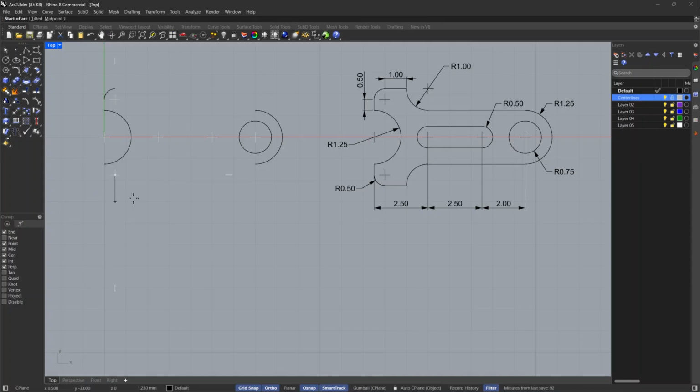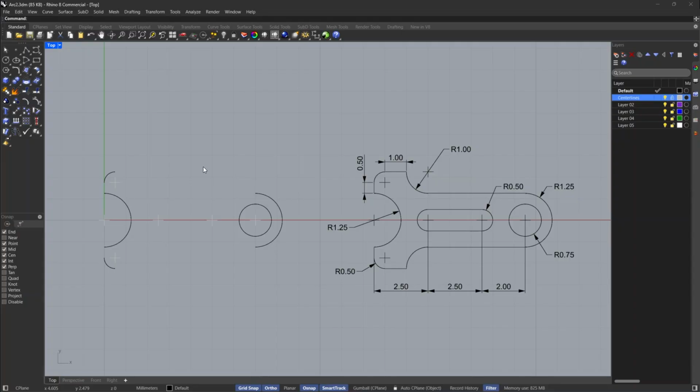For the start of arc, type 0.5, then press enter. Toggle in the left direction and click. For endpoint or angle, type 90, then press enter.